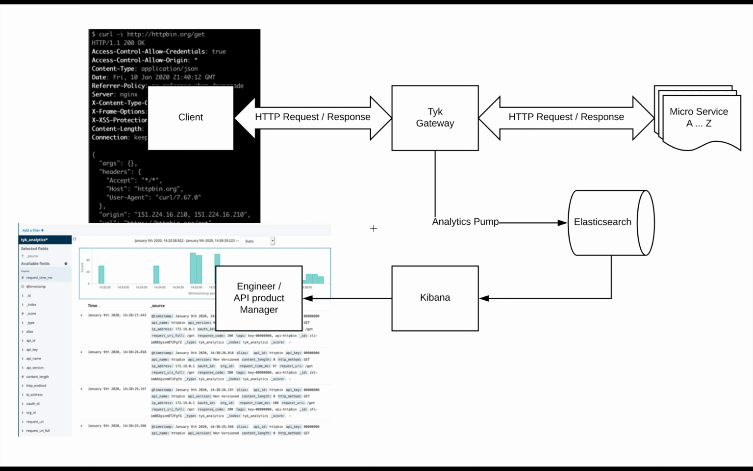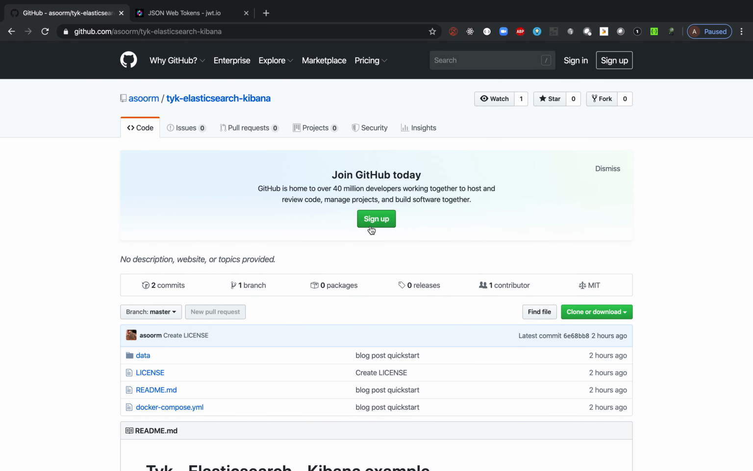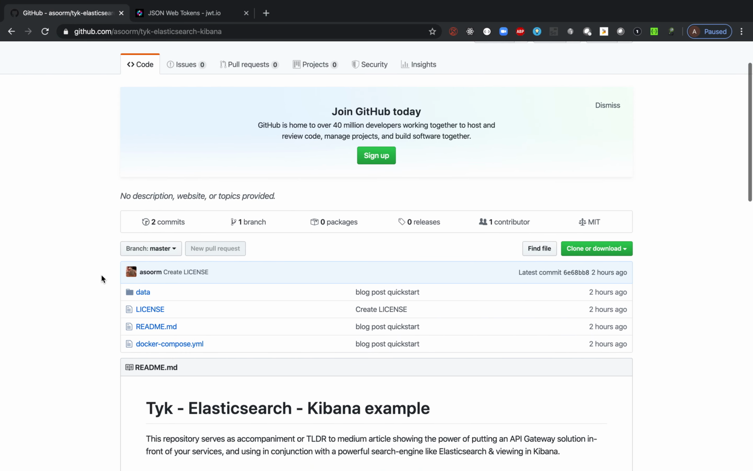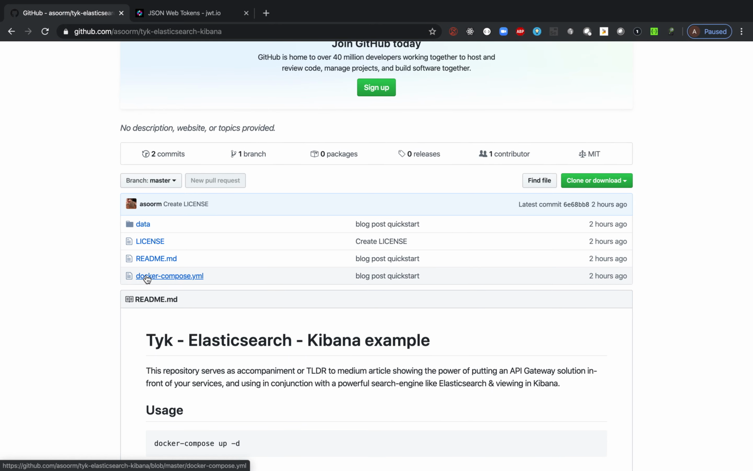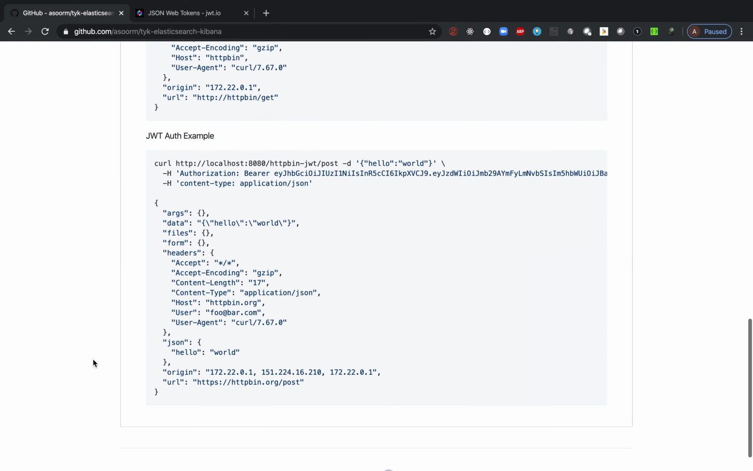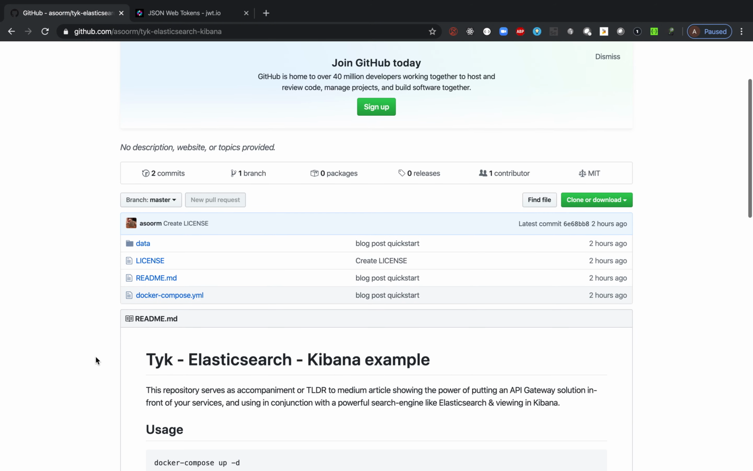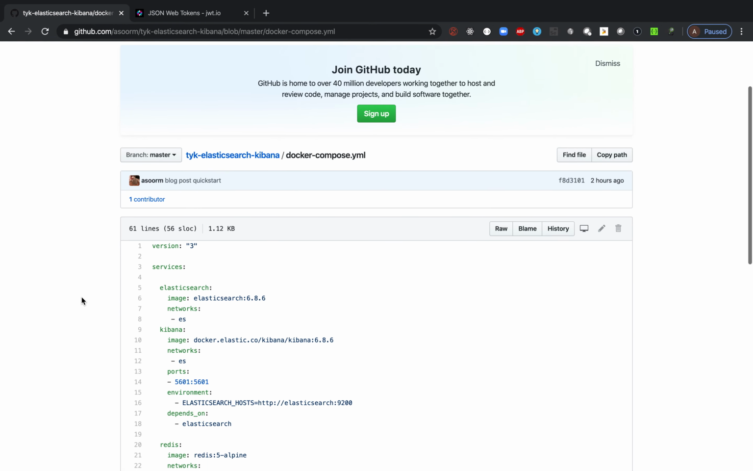And what I've done is created a Docker Compose, which you can follow along with if you want to. I'll be going through what each of the bits do, and there are some examples in the README there as well for you. So if we head over to the Docker Compose and have a look, we can see